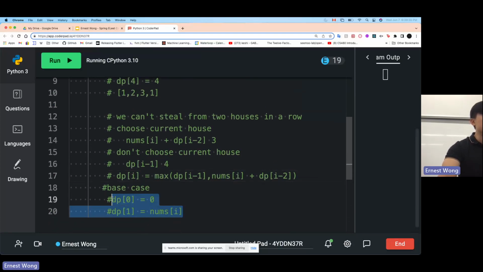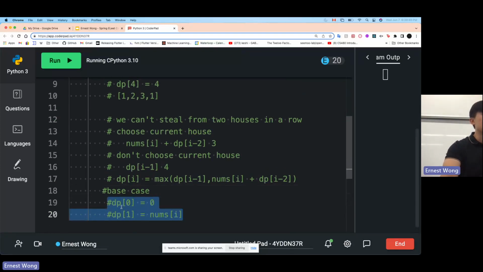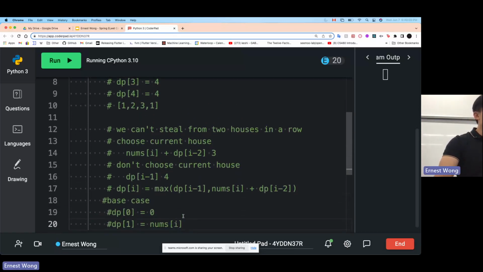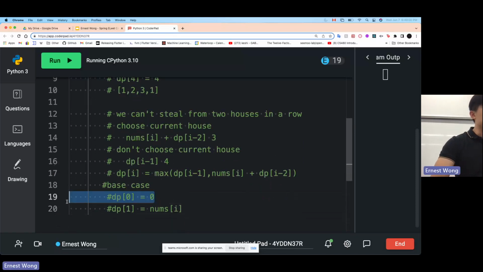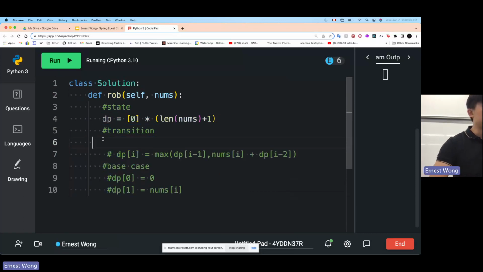So we want to come up with base cases up until a point where we can start using our transition. And again, in terms of how I found the transition, I just did it using our brute force approach, which is try all the possible solutions and find out what the optimal value is. So for our base case, we want to use our brute force solution to find the values, again up until we can start using our transition. I'm just going to delete all the unnecessary things we have right now. So we have our state, our transition, and our base case.